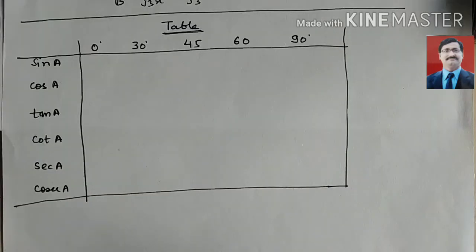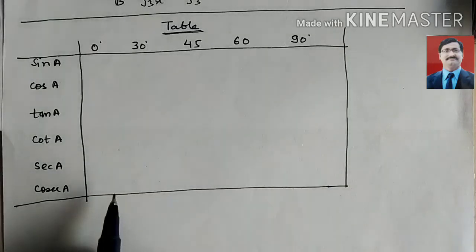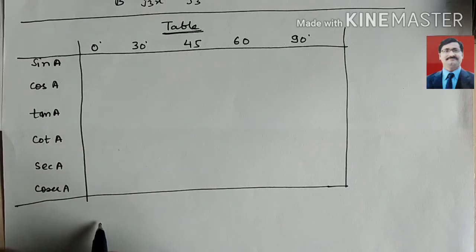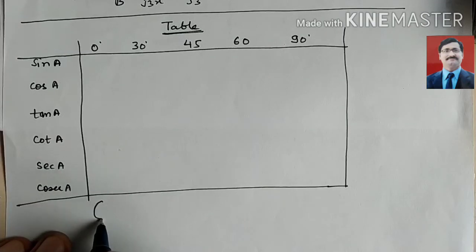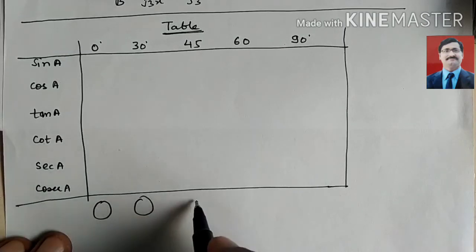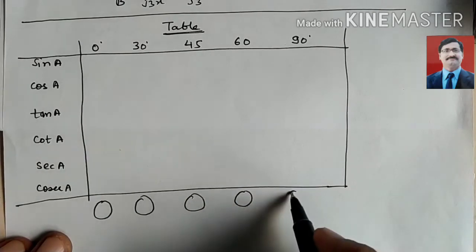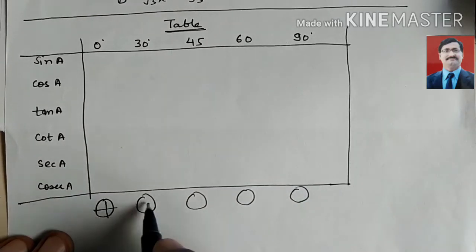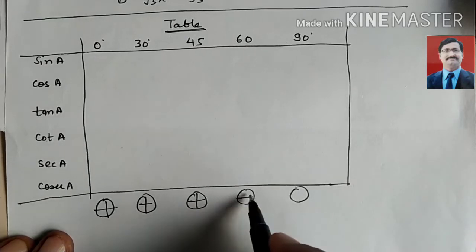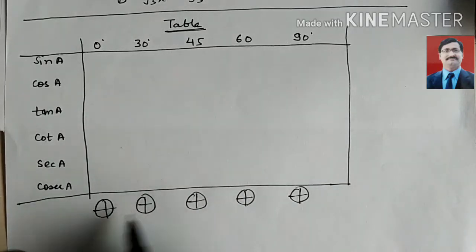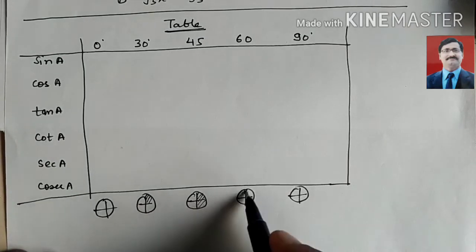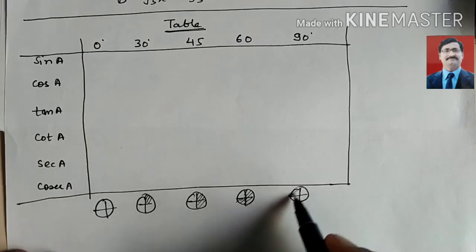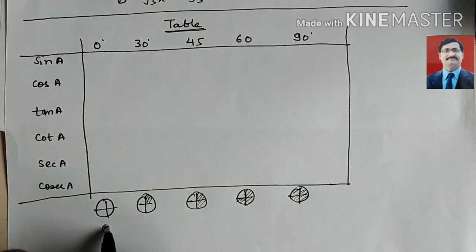Okay, look here, all of you, we will prepare the trigonometric ratio table. Actually, this is 0 degree. We will have a full circle. Look here, you can draw a circle and divide it in 4 parts. You will not take any part, that is 0 part. Here you take 1 part, here 2 parts, here 3 parts, and here all parts. So you take 0 parts, then 1 part, means 1 upon 4.